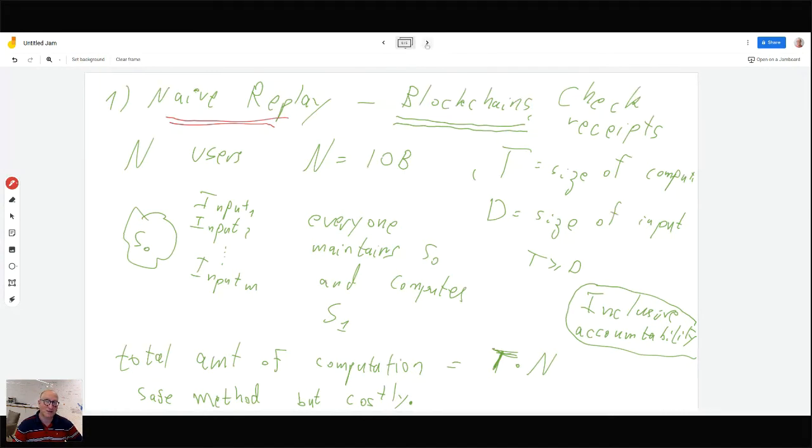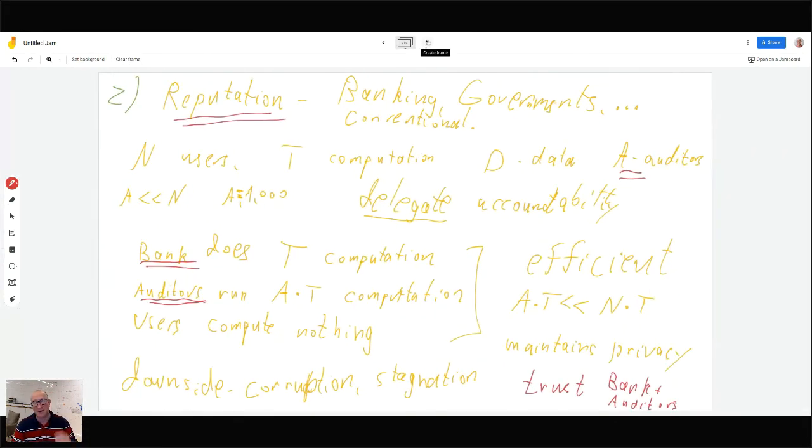There are a bunch of good answers, maybe at the end, that I can think of some, but I encourage you to think about this, because this is, for those of you who are coming from the blockchain world, a question that ultimately we together have to answer to the world at large. Why are we moving from the reputation-based system that is very efficient to one that is far less efficient, because now everyone is doing naive replay?